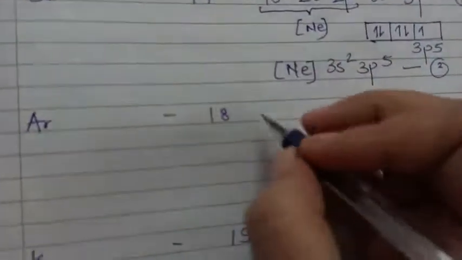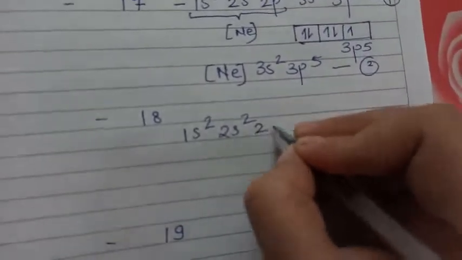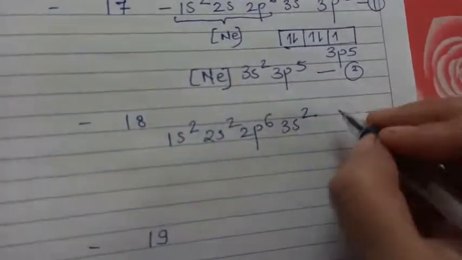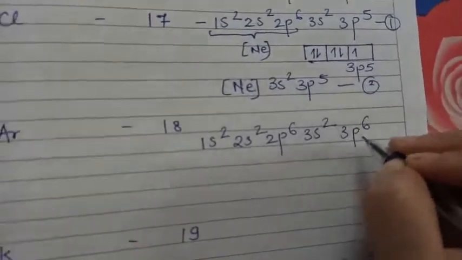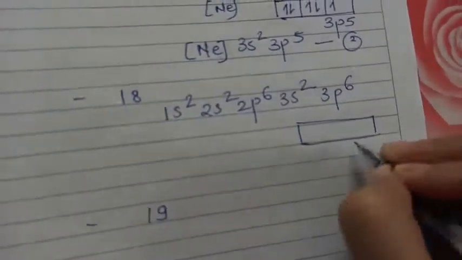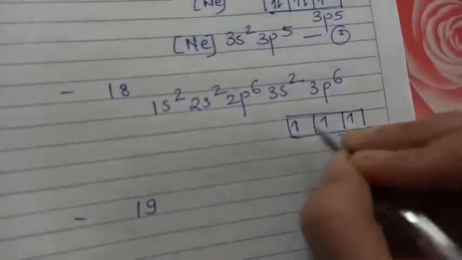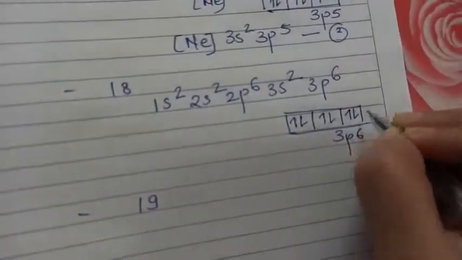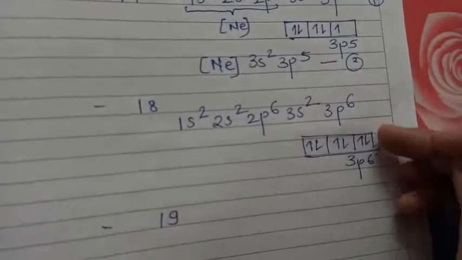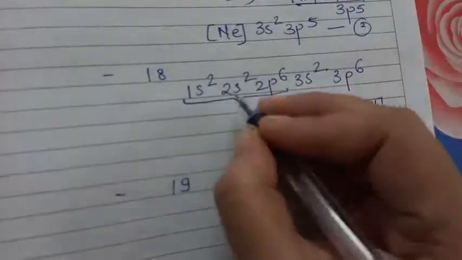Both are correct. Now for 18, the configuration will be 1s2 2s2 2p6 3s2. Now till here 12 electrons are done. Next 6 will go in 3p, because p can hold 6 electrons. So here I am drawing only what? 3p6. So p has 3 orbitals, 1, 2, 3. Now apply Hund's rule, pairing will take place. So this is how 3p is entirely filled. So it's just one more extra electron in the next element. Every step this is going to happen. So here look, this much part represents neon.